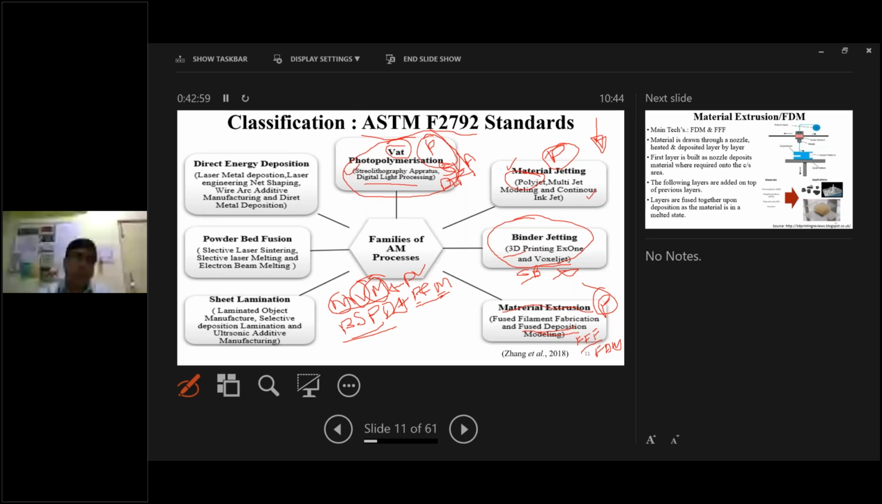With respect to this, lamination is clear. This P stands for lamination here. Then we have powder,